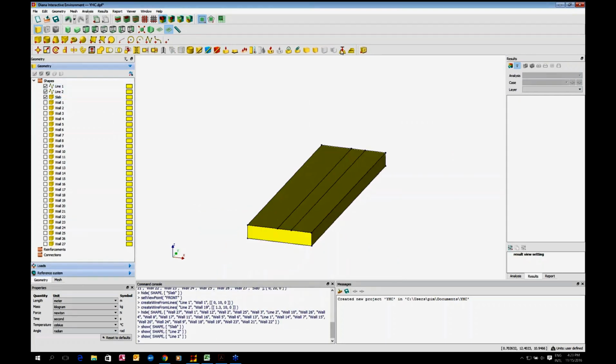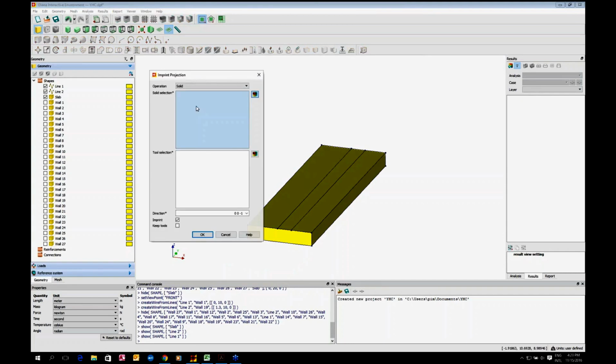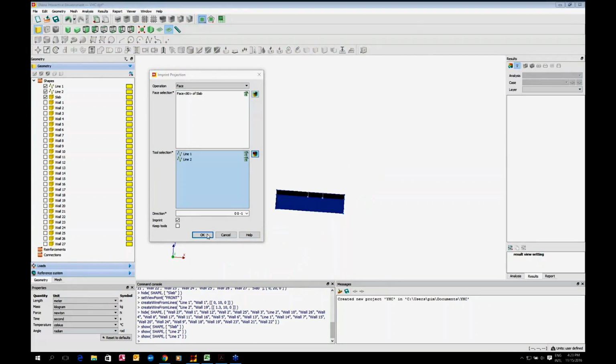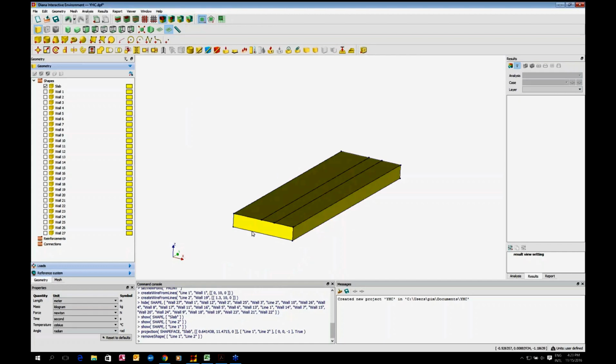So what I'm going to do here, I can imprint their position. The face, this one, and here I can just simply go through. So I have an imprint of the wall on the slab,